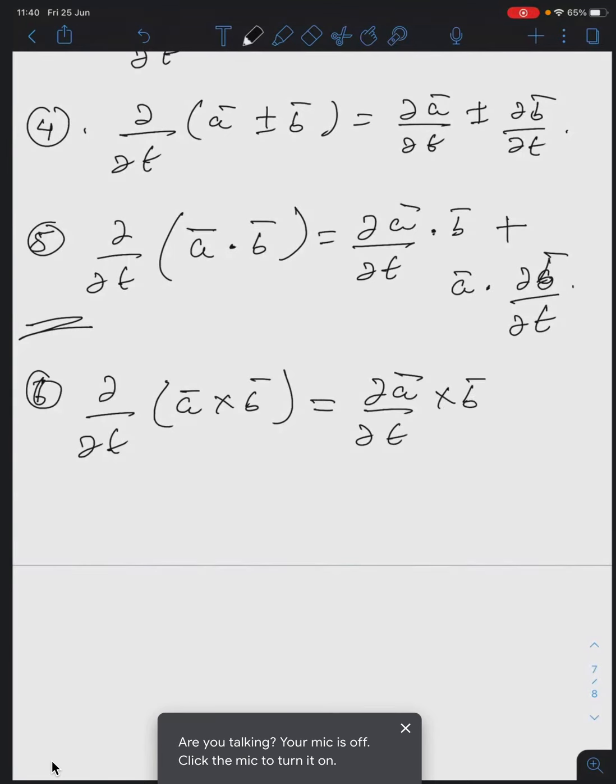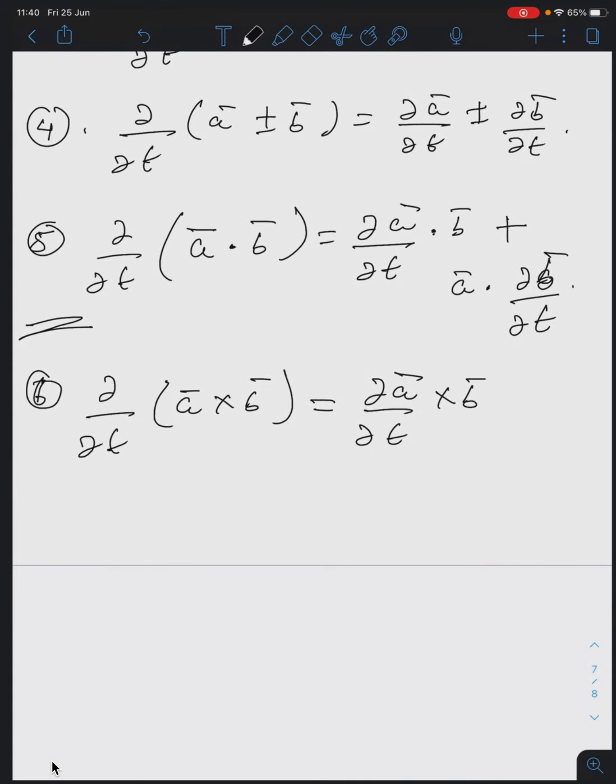And remember, you can write this dot product as b bar dot dou a bar by dou t. But can you reverse this part in the cross product? Will it be the same? No, the sign will change. Minus sign you will get. That's why I'm telling you should have a good knowledge about the basics of dot product and cross product. This will be plus a bar. Don't change the position, otherwise the result will be wrong. If you want to change the position, accordingly you have to apply the rule also.